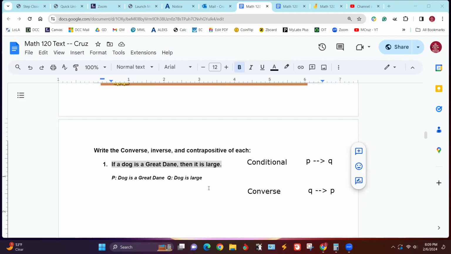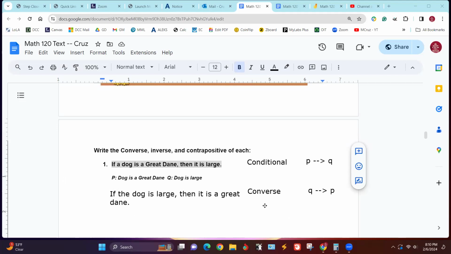So now, that's if Q, then P. So if the dog is large, then it is a Great Dane. I wanted to put it on one line, but I can't get back in there. All right, for the sake of time, let's go ahead. So that's the converse. See, I've just turned the two around.